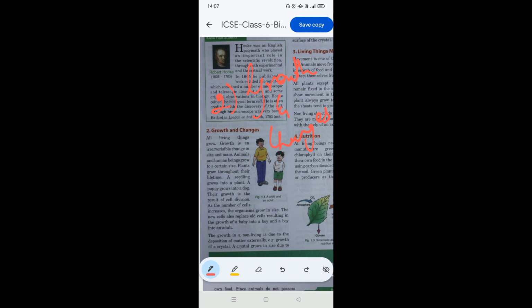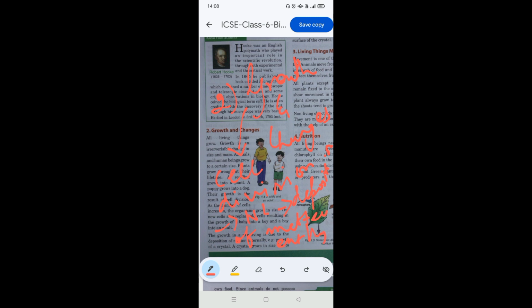Growth in living organisms is due to cell division, whereas in non living things, growth refers to deposition of matter externally,